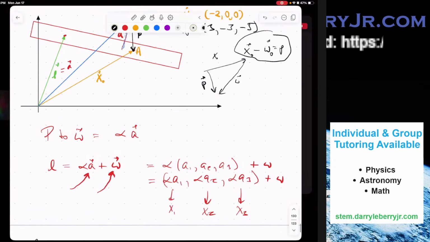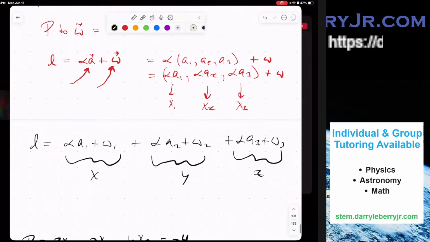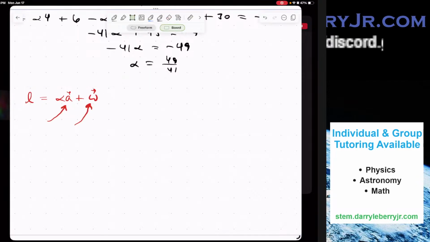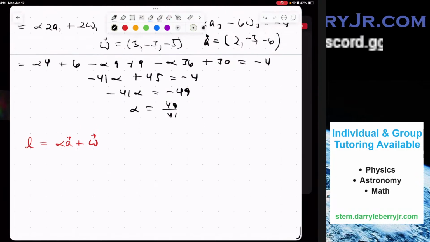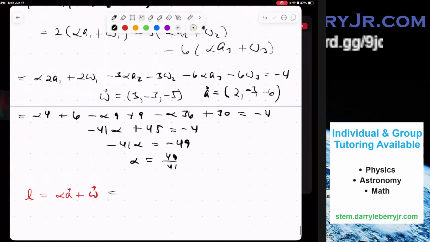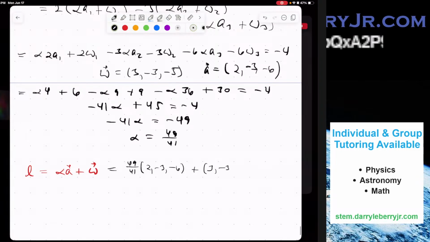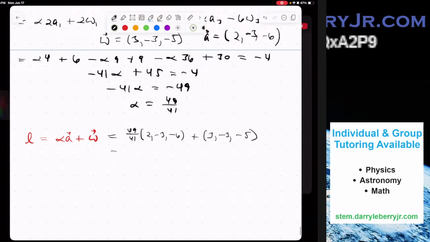So now we can go back and figure out what the line is, what the point on the plane is, since we're scaling from W to the plane. So this should give us the point on the plane. I should have factored in, or maybe I couldn't factor in W sooner. This is going to be 49 over 41 times 2, -3, -6, plus 3, -3, -5. So that equals,